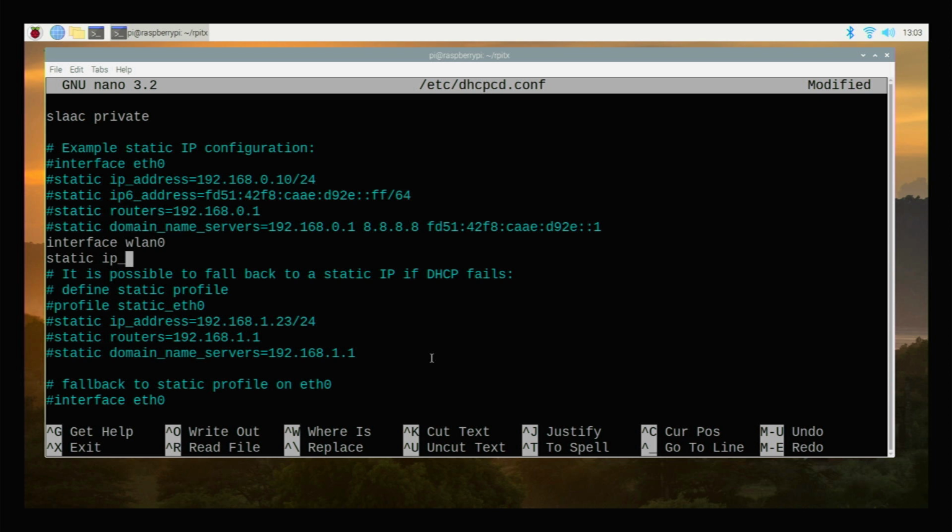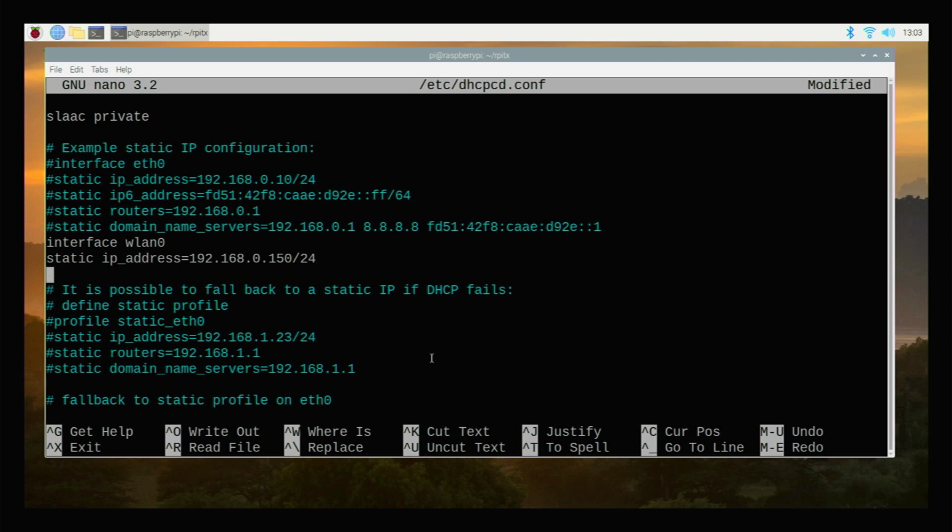It has to be the same network, so you need first to see what is the network used for devices on your Wi-Fi interface. Let's assume we want to use this IP, okay? And we want to configure a default route.